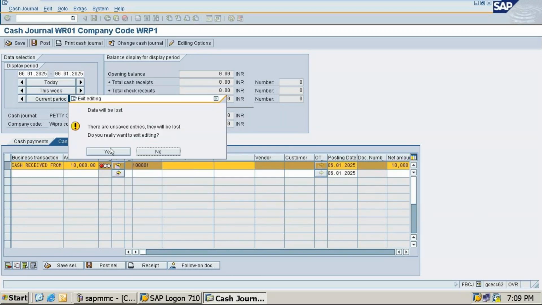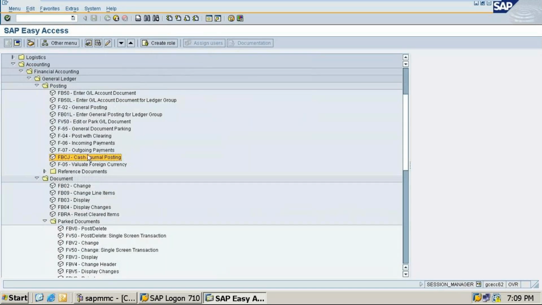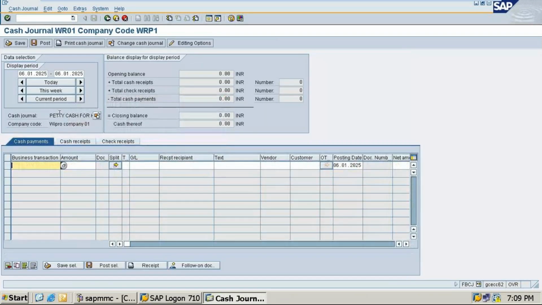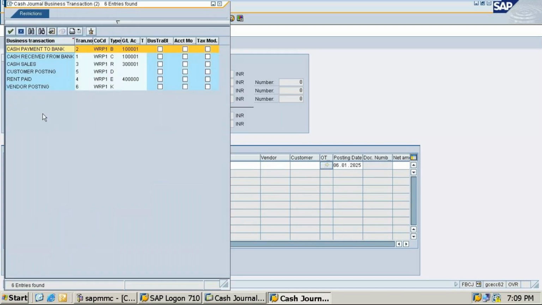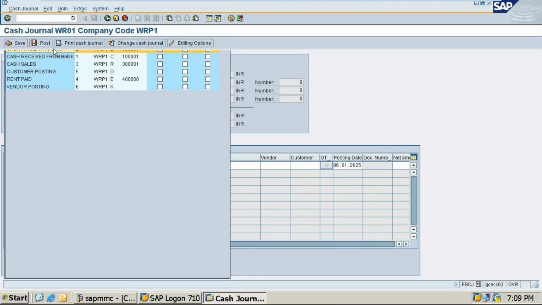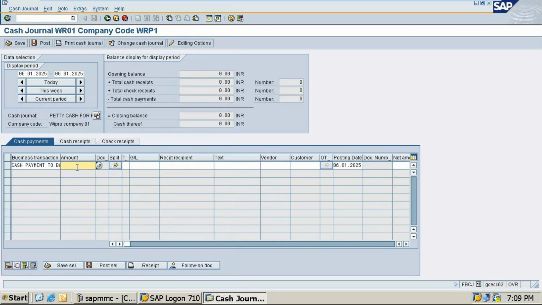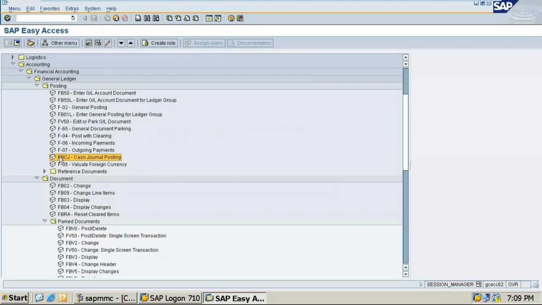Let's check the number range once. Cash payment to bank, 2000. Okay, first we should do cash receipt. Okay, we'll check the number range once.